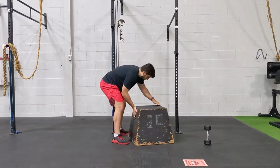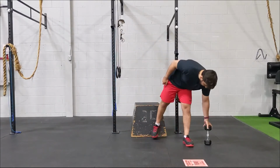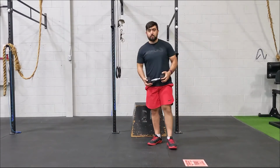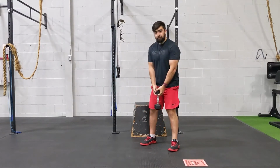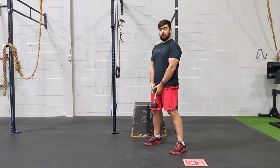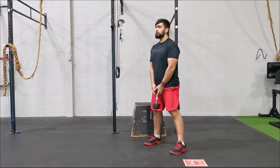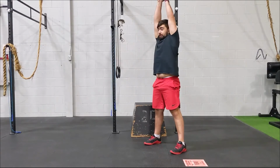Once you're done, grab your kettlebell, dumbbell, or any weight that you're going to use for kettlebell swings. I'm going to use a dumbbell here. I'm going to grab one bell, going into about squat position here, guys, with my feet, chest up nice and tall. I'm going to push my hips back, let that kettlebell swing back, then I'm going to drive it straight